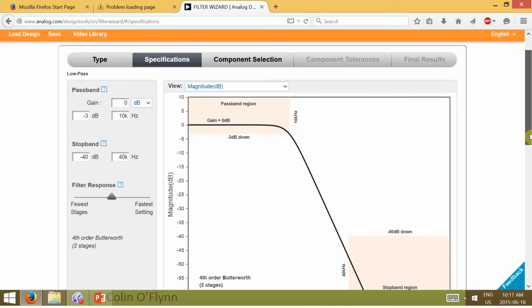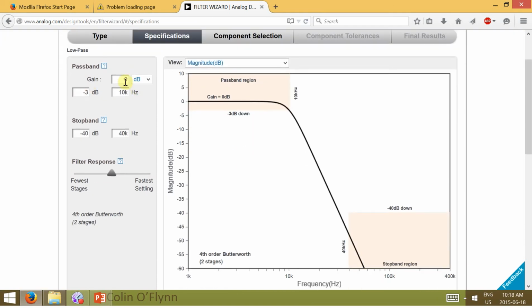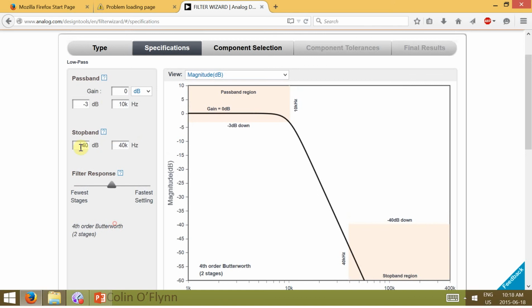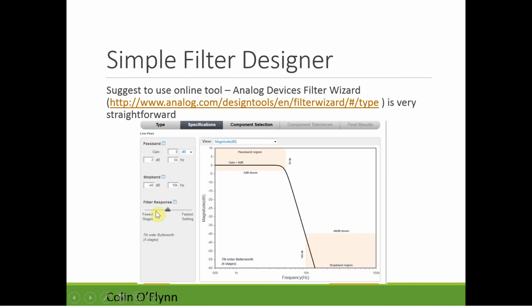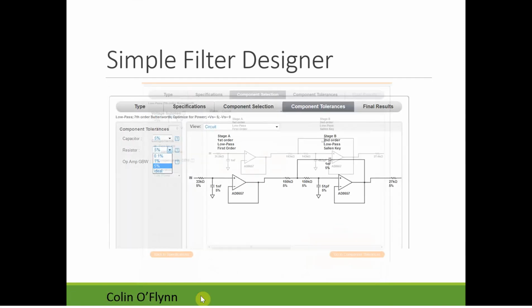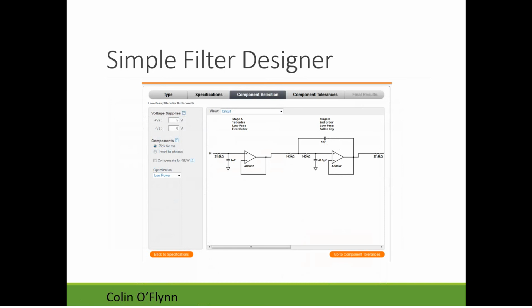And we can choose, in the passband, how much gain do I want? And I want that negative 3 dB frequency of, say, 10 kilohertz or whatever. It then asks you in the stop band, so at what point and how much do I want it attenuated? Based on what you set that, it'll select your filter design. If we go through the example I have here, it gives you an example. It says, well, based on what you told me, here's a filter.